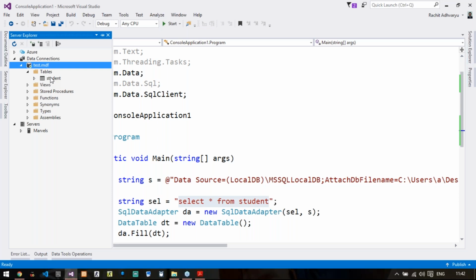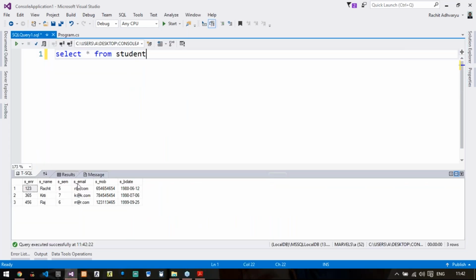This is how the index of this table will be. Row index starts from 0 and column index also starts from 0. So I'm going to use the same thing here, which is why I've just told you this. So coming back to the code part, da.Fill(dt).